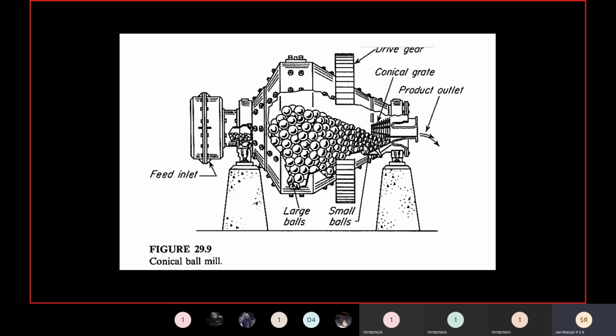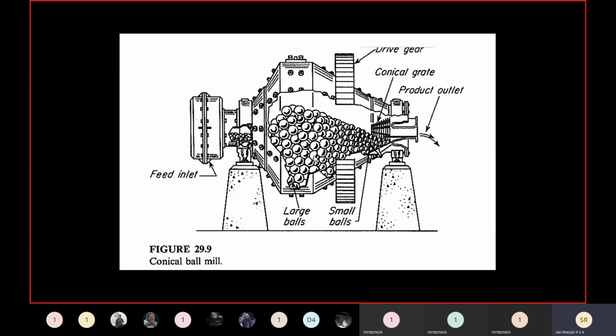Apart from that, we have also seen that if the size of the particle is small, it will be accommodated inside the void fractions of the large spherical balls. To avoid this, we replace them, or if it is possible, create channels so that the particle passes through the segmented baffles and moves in the right and left hand side direction, and then the crushing takes place.